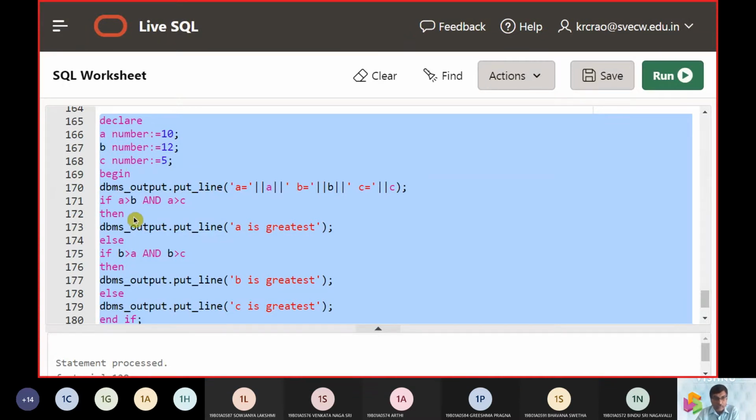That was the takeaway we should understand. Now we are using DBMS underscore output. It is the name of a package, and put line is the name of a method here. Then we declare three variables A, B, and C, and every variable is printed on the same line, so we are using the pipe concatenation symbol to display the contents.